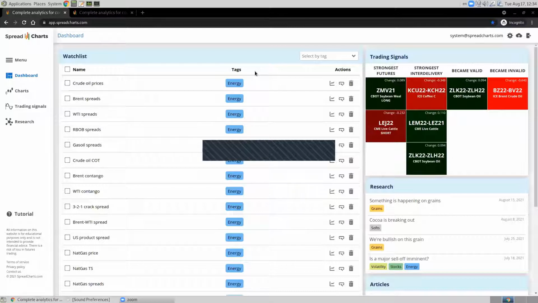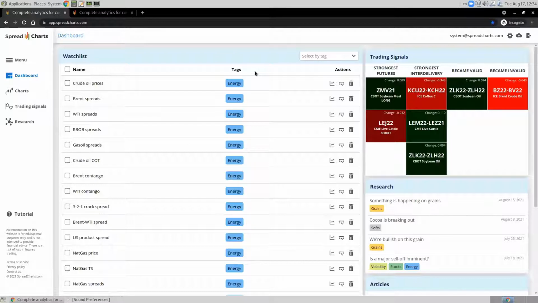So before we get to your product, which I'm looking forward to seeing, maybe you could tell us a little bit about your journey and what motivated you to create these spread charts for people. Why don't you tell us a little bit about your journey in the industry? Well, I started trading markets myself in 2007 on grains. Actually, it was day trading on grains, not a typical start. But I had a very small account, just $5,000. Back then, I was a student, so I think that's understandable.